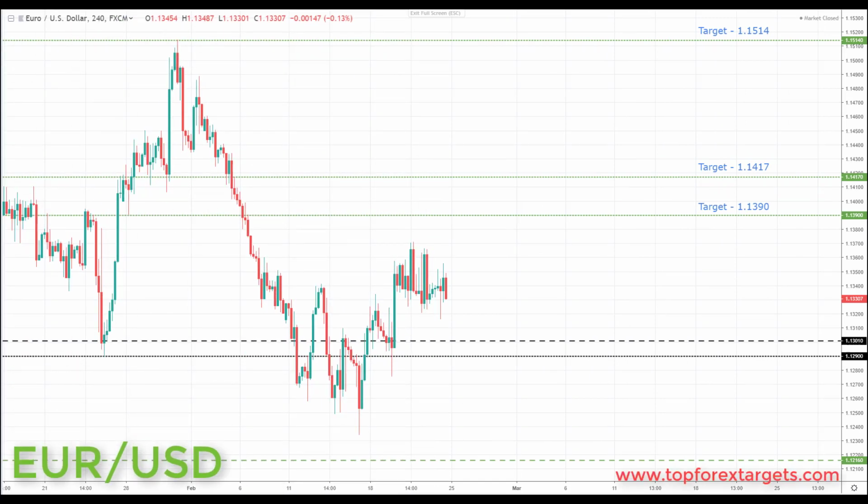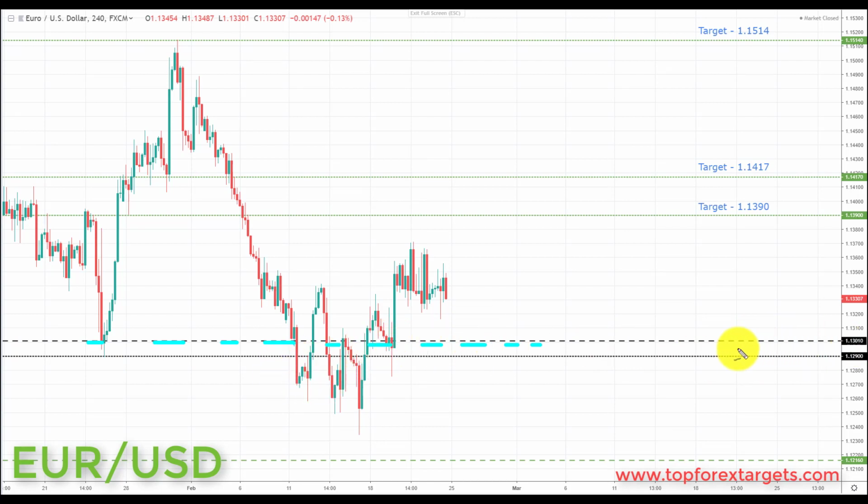So the first pair we're going to look at is euro dollar. Now we start the week above a key area of broken resistance from the past, looking to turn support at the 1.1301. You can see that this is quite an important support area here. We actually were trading down below it last week, and then we reversed back above it. So very simply put, as we start the week above the key area of broken resistance, looking to turn support